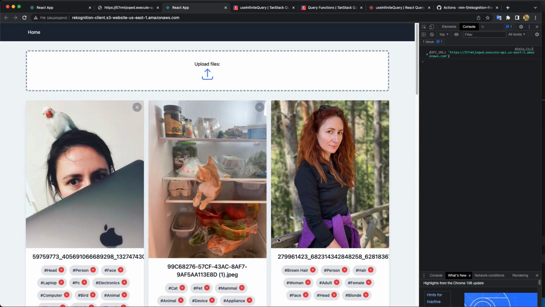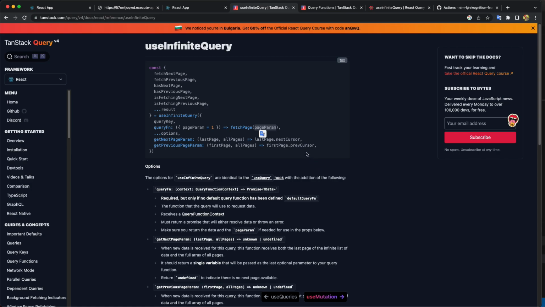So we made our pagination with our NoSQL database, DynamoDB, using the start key, the so-called cursor, and with useInfiniteQuery from the React Query library. I hope it was useful for you,